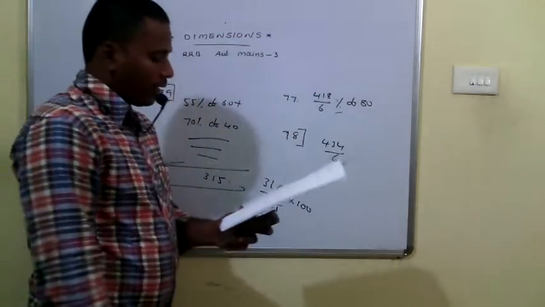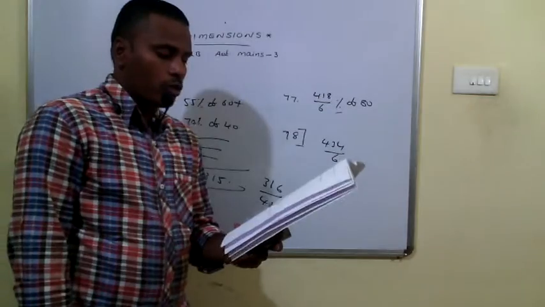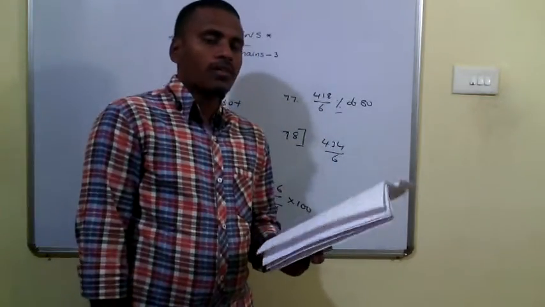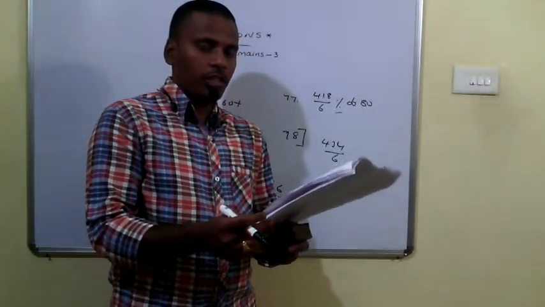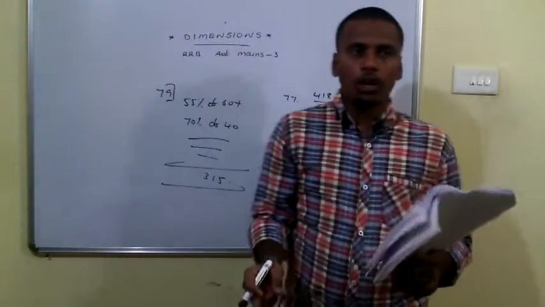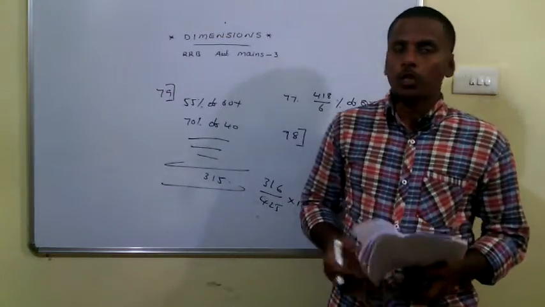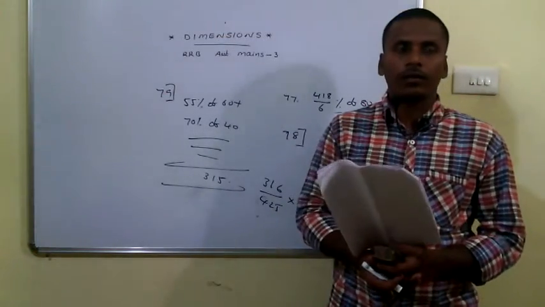Okay, then coming to 80th, the last question. What is the total marks obtained by all the students together in subject E? Subject E means the last but one column. Add every value in that column, and that much percent of 120 is the required marks. Okay, so this is the explanation for assistant mains 3. Thank you.